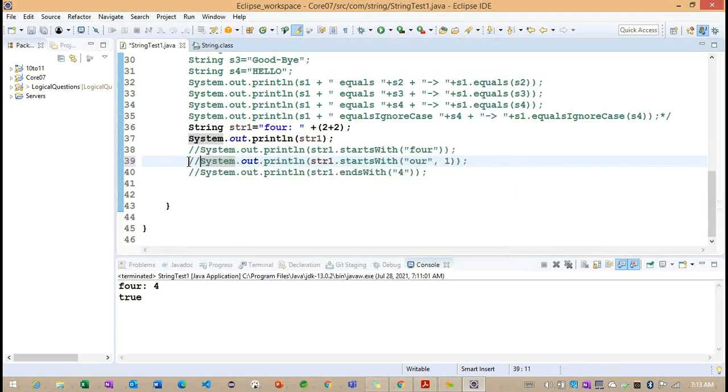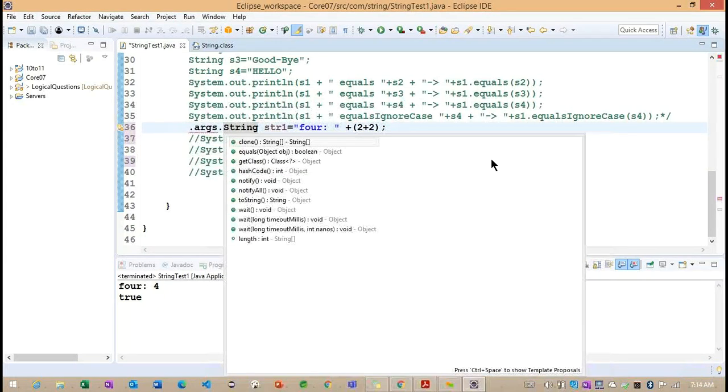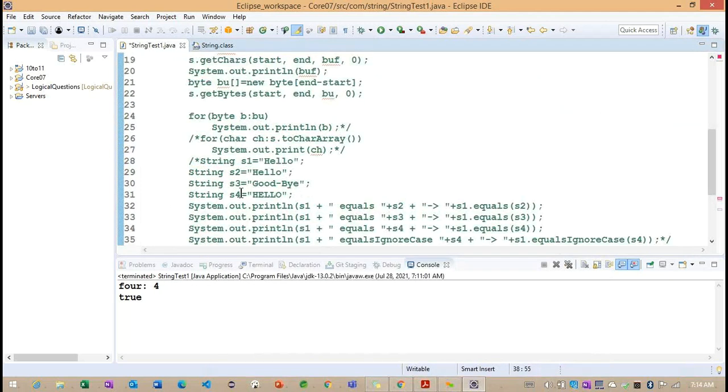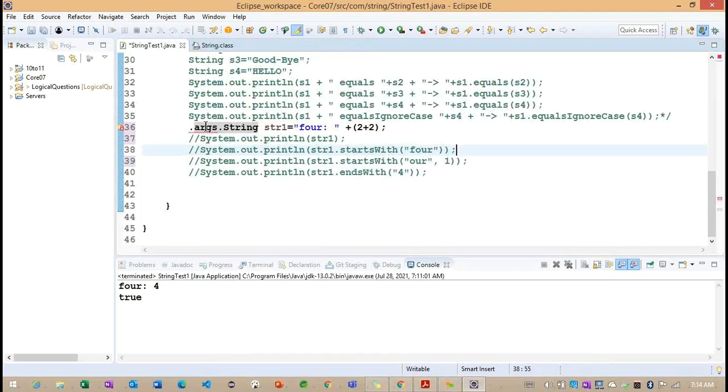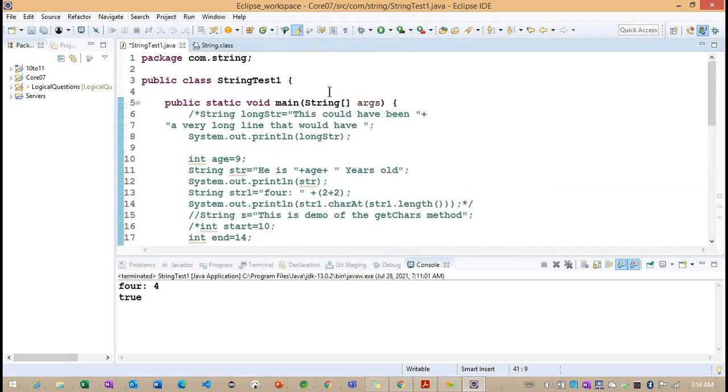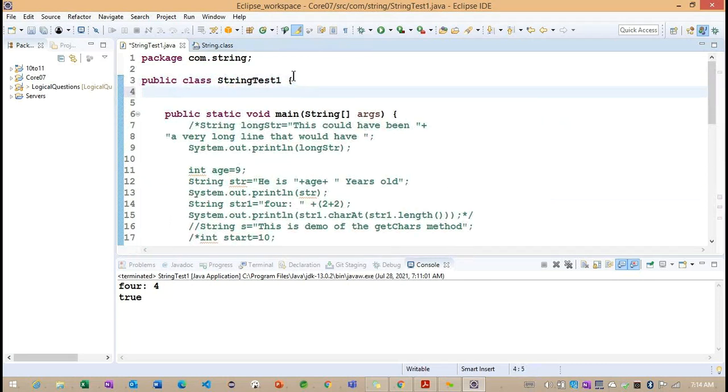To understand this, I want to create, at the main method level, a static string array.